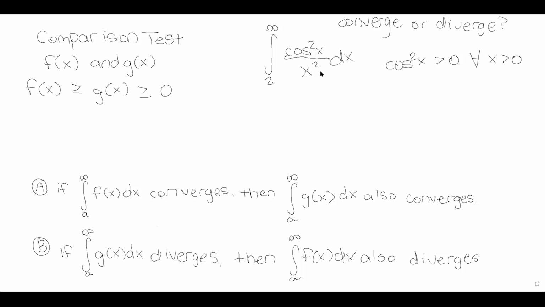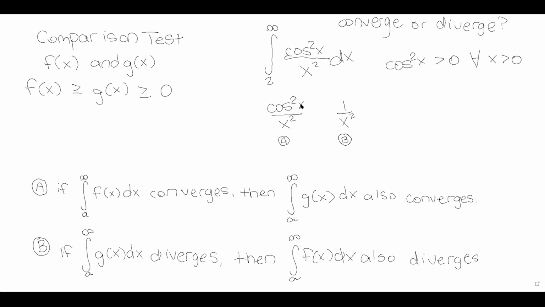So then let's talk about what we could possibly compare this to. The denominator, we have x squared. So I think what we could do is compare this function with this function right here. We want to determine if one of them is larger than the other. So if we call this function A, we call this function B,